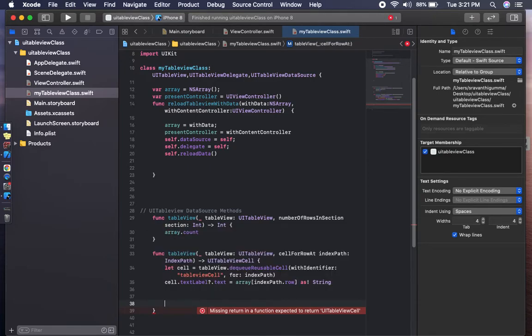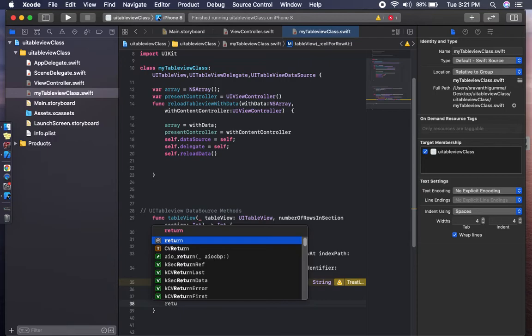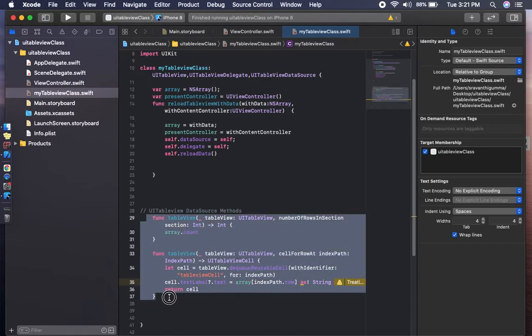For the return type we have to return the cell. So this is the table view data source method. These are the two methods.